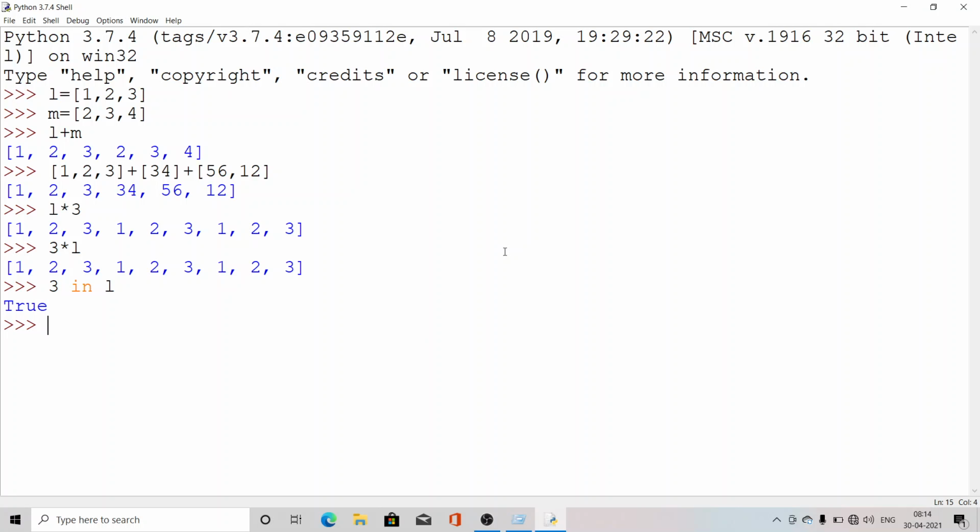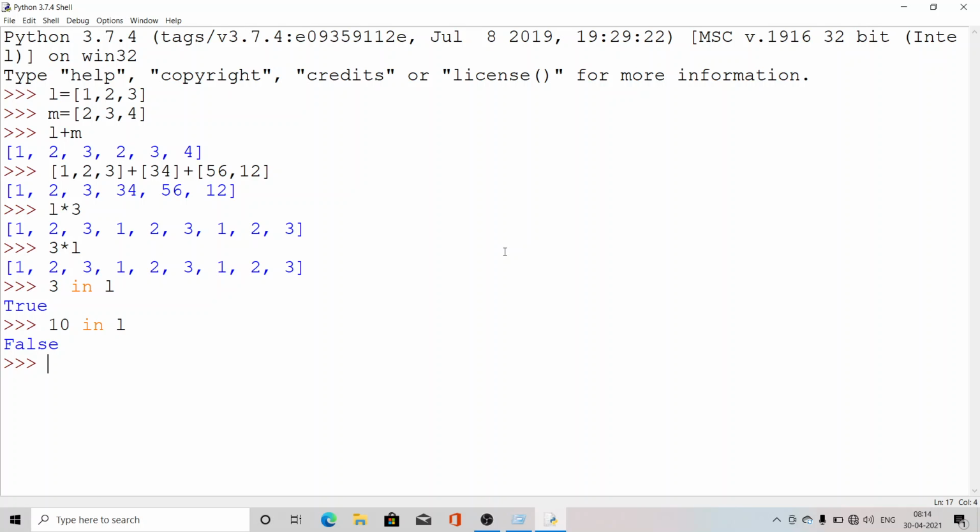Okay. Now we are going to see here 3 in L. Output is True. Why? Because the in operator is used to check the existence of an element in the list. So here I check whether the number 3 is available in L. Yes, it is available. 10 in L. Look here, it returned False.